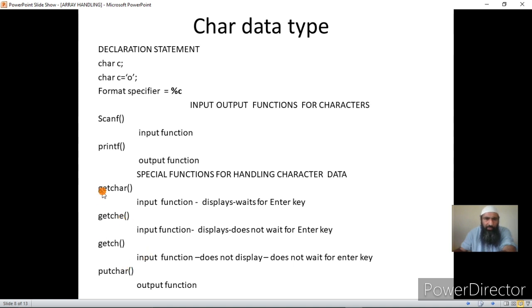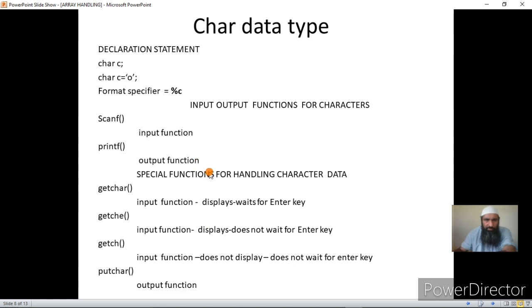Then for outputting a character variable, we can equally use printf and another function that is similar to printf, in case we are displaying the character on the user screen, which is putchar. Putchar means display the character on the monitor. So putchar is used for displaying a character on a user screen or monitor.